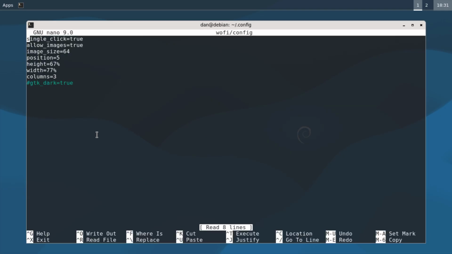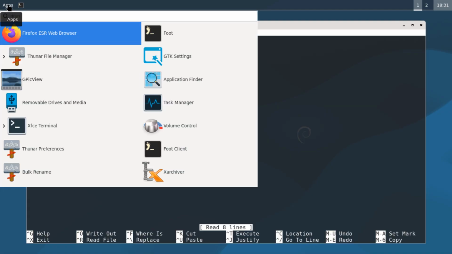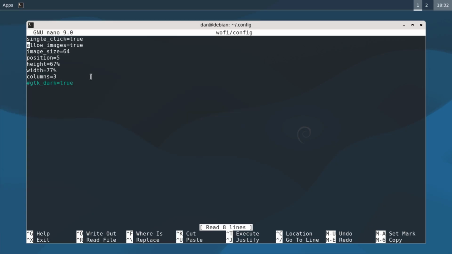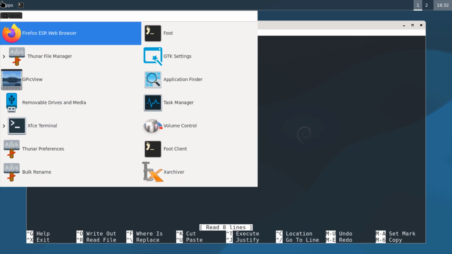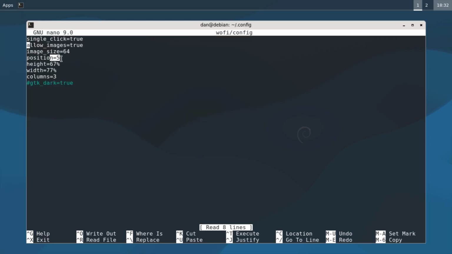Config. And here I just inserted single click true, allow images true, and normally you don't have the icons, the images here, so you have to specifically insert this in the wofi configuration to get the images, and the image size you can set here as well. I like it a bit bigger here. And then the position by default would be centered, 5, and this would be normal height and width, and columns